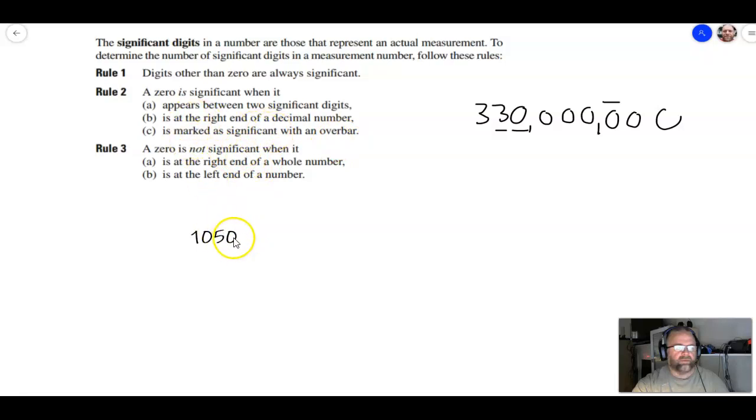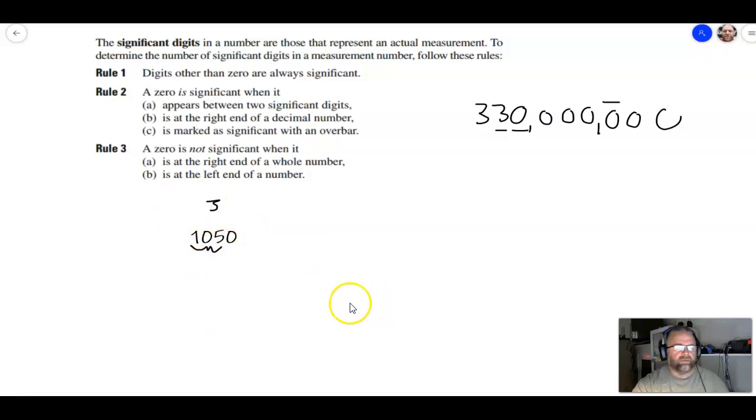So this 0 here is not significant, and it clarifies that in rule 3. It says it's not significant when it's at the right end of a whole number. So this would not be, just like these two would not be over here. All right, so there are three significant digits, the 1, the 0, and the 5. These three here